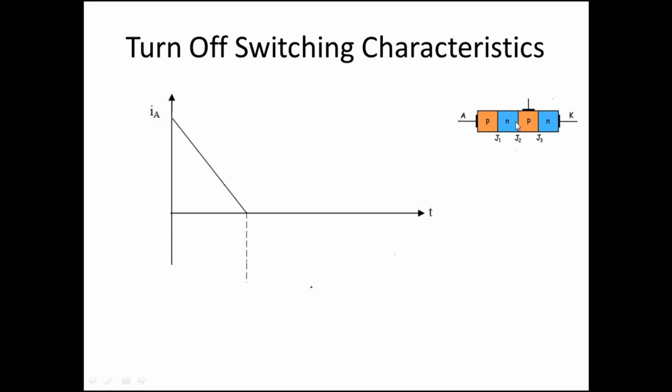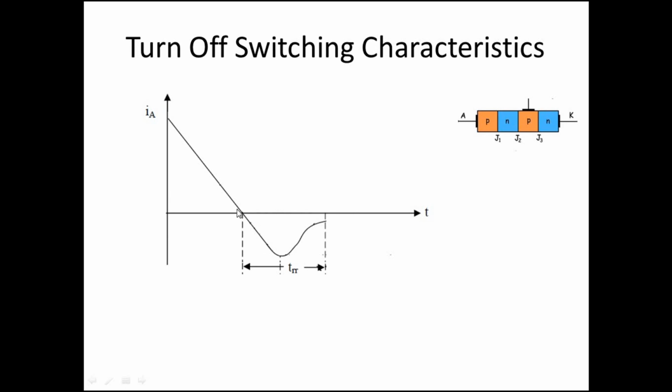Finally, J2 has to become a depletion region. At this point the current is decreasing, but it will not get turned off suddenly here, because there is no depletion region here. So there is no prevention to conduction here, and it will continue to conduct even in the negative region, even with a negative current. So at this point there is a maximum saturation current.